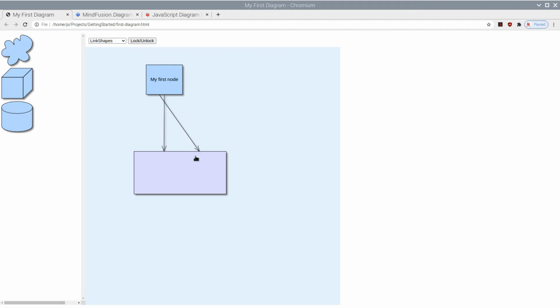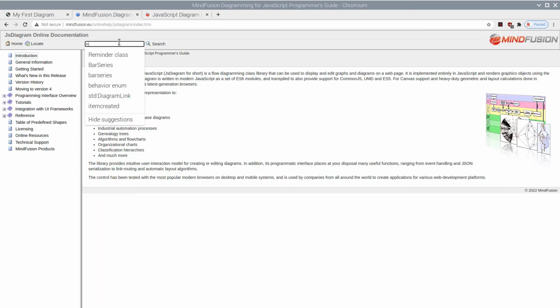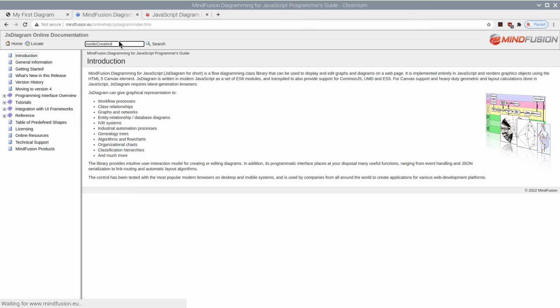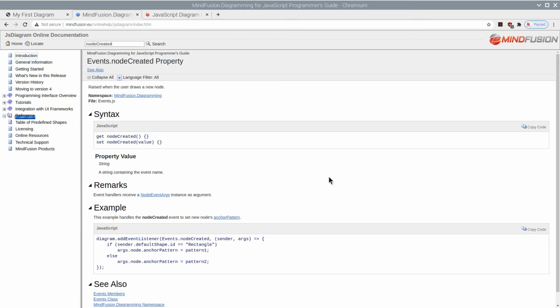The anchor pattern is applied on a node and specifies how links connect from and to this node. The anchor pattern is applied on existing nodes, so we will handle the node created event to apply an anchor pattern to newly drawn nodes.